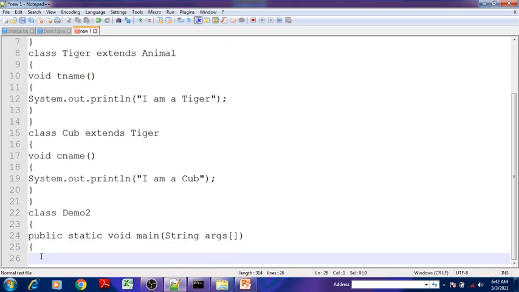and here I'll create the, I have already told you in previous example that always you have to create the object of your child class in order to access the properties of parent class. Okay, so here last child class is the cub class. So first I'll create the object of our cub class, and after that we will see whether it is possible to create the object of our tiger class or not. Okay, so new cub,